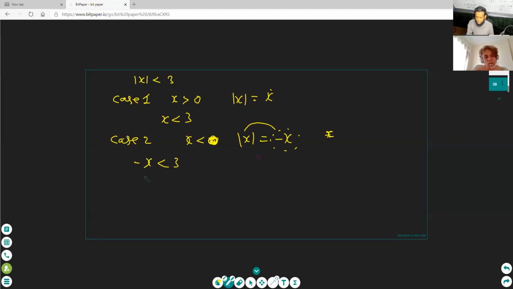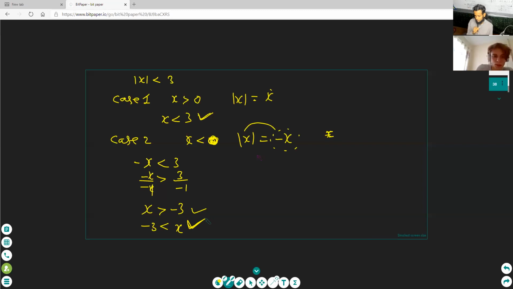Then remove this minus, divide by minus, and then you get 3 on minus: x greater than minus 3. Clear? This is one number, this is the other number. We will always write it in less than form, okay, to make the interval. How can you join this and this? Join it in interval form, and x will be in between them, okay?